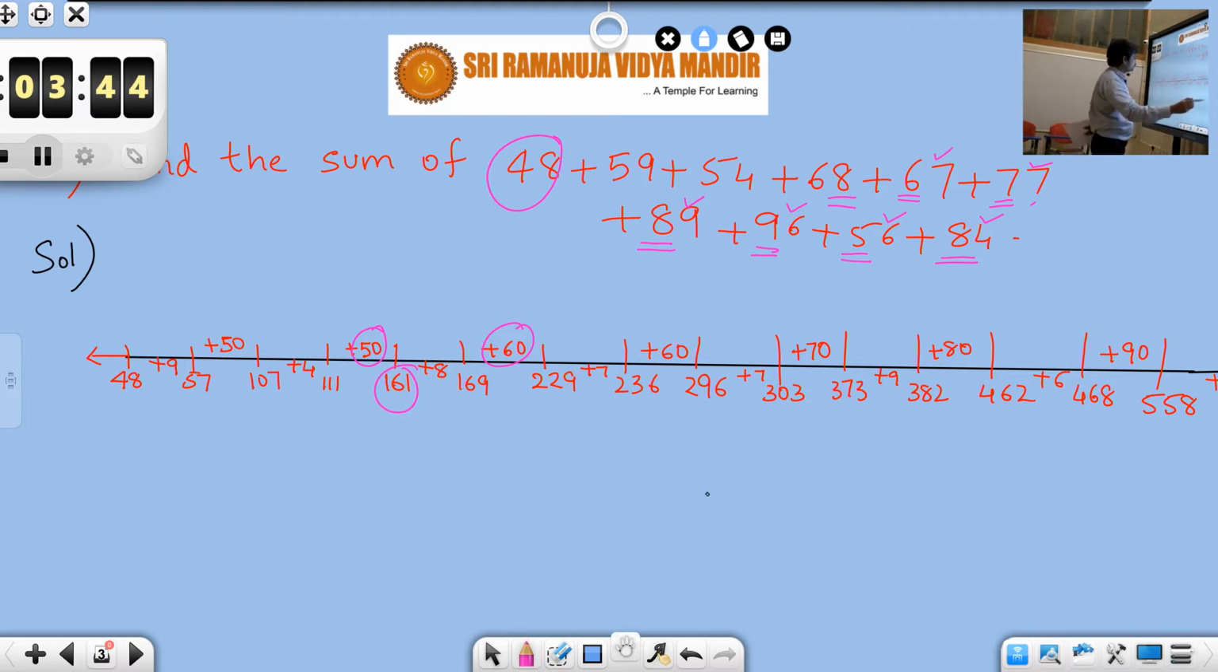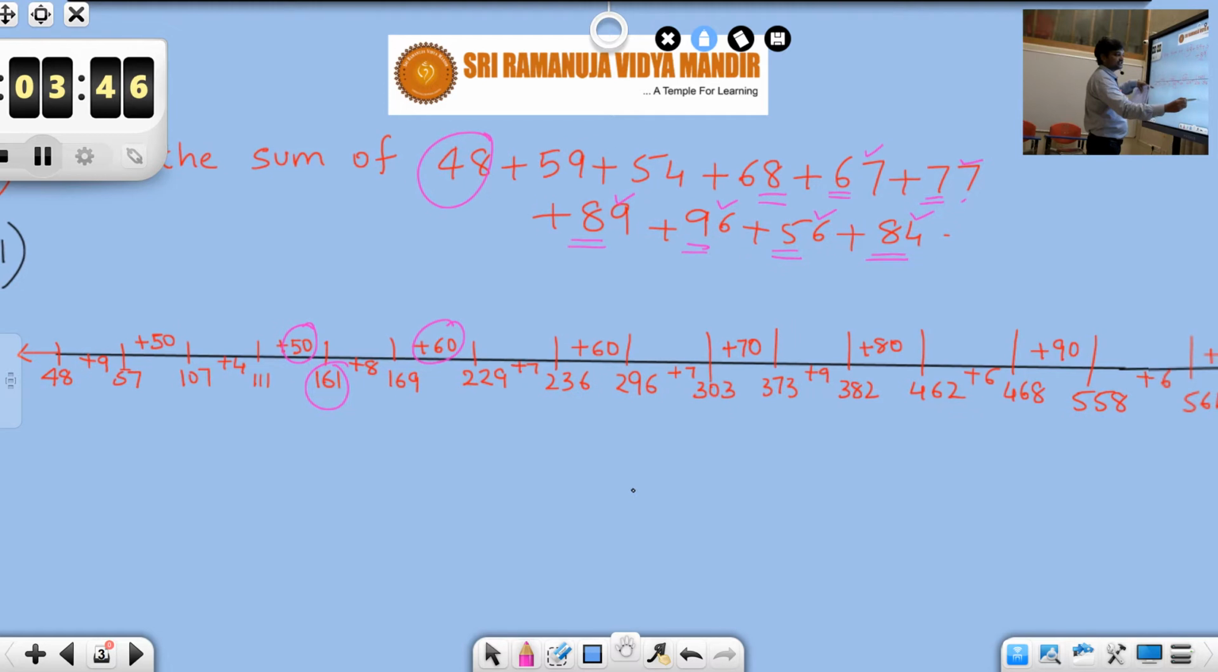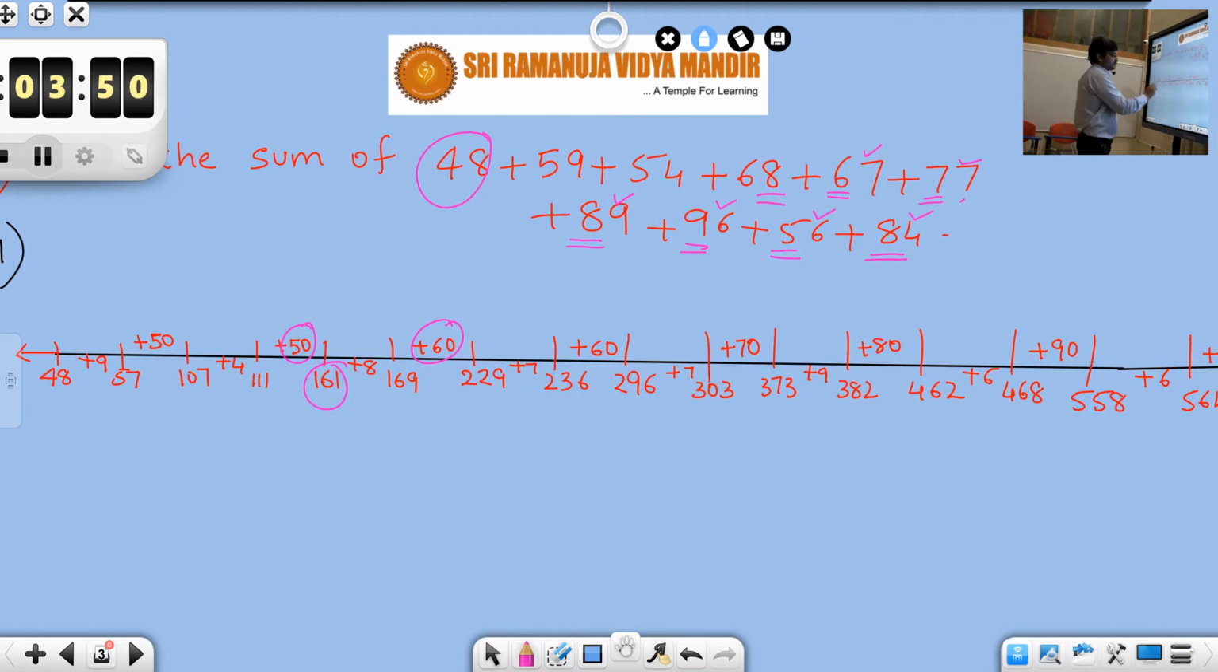The same thing here I have shown in a straight line by addition. 48 plus 9, 57, 57 plus 50, 107, 107 plus 4, 111, 111 plus 50. Units digit addition I have represented below the number line, and all the tens digit additions I have represented on top of the number line. So like this we'll be getting 236 plus 60, 296, 296 plus 7, 303, 303 plus 70, that is 373,